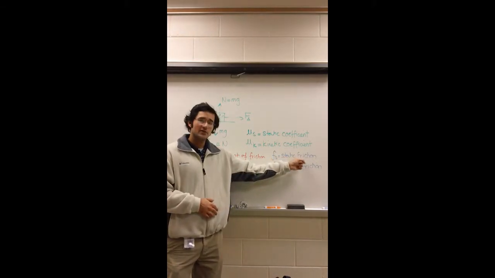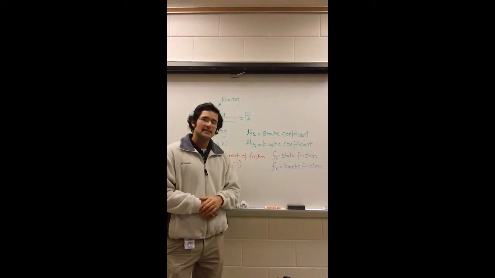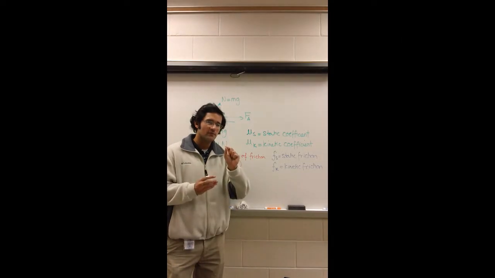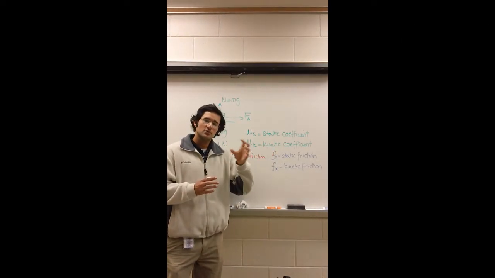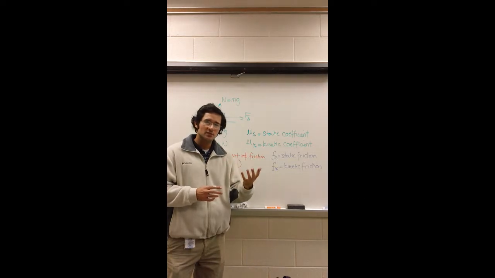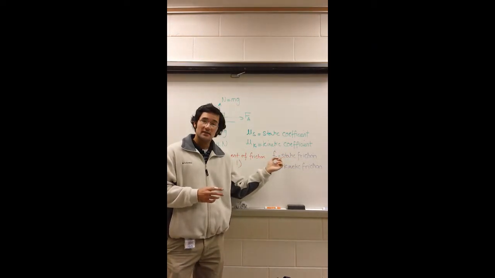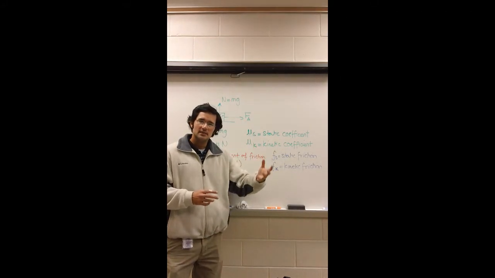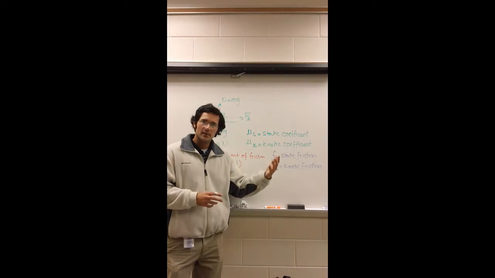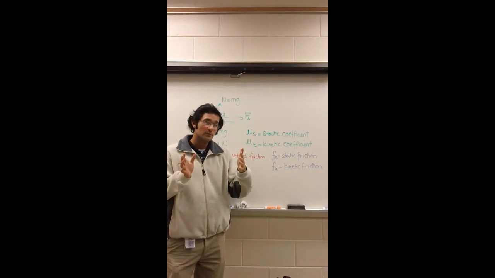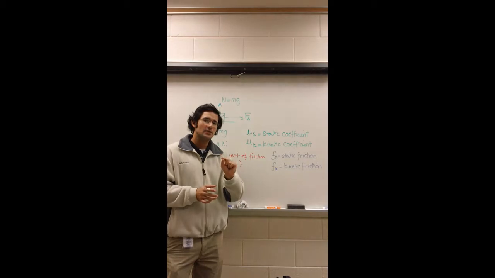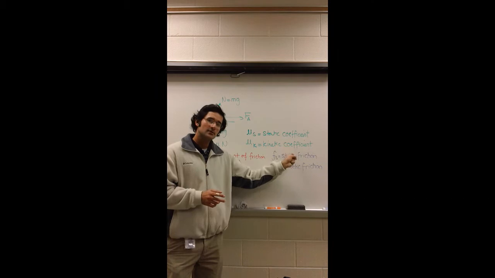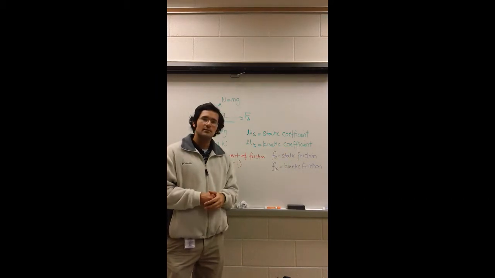So when it comes to static friction, it's not a set number. It's actually a number between 0 and its maximum value, and its maximum value is achieved right before the object starts to move. So the object's at rest, you keep exerting a force, the object doesn't move. That means the static friction is strong enough to fight against you and prevent the applied force from causing the object to move. Then you exert a greater applied force and an even greater applied force. Finally, there'll come a point when the object will break free and start moving. That'll tell you, at that particular point, what was the maximum static friction that you had to break for the object to start moving.